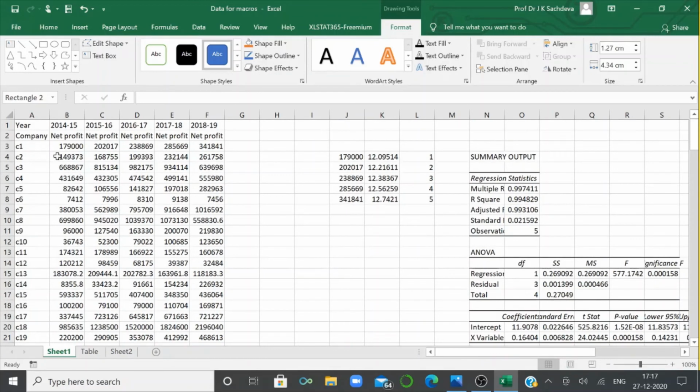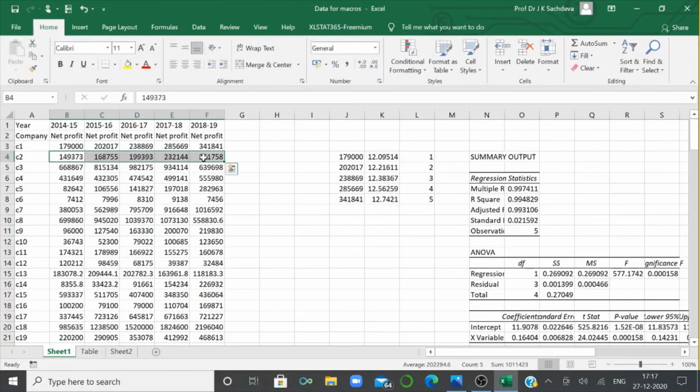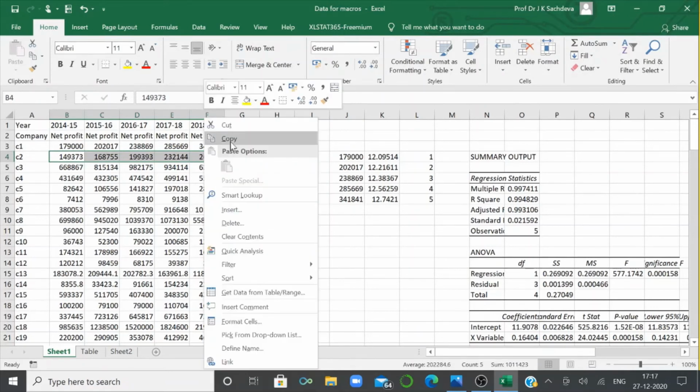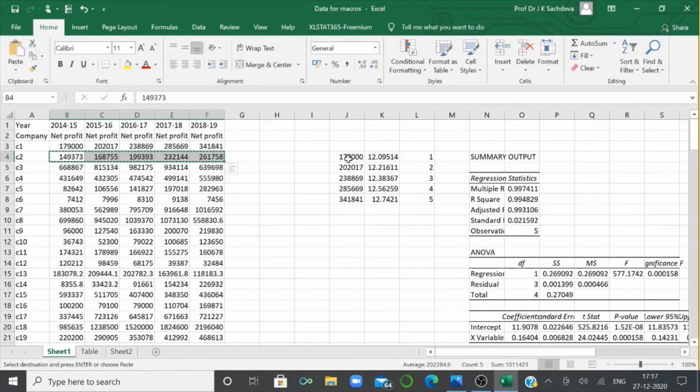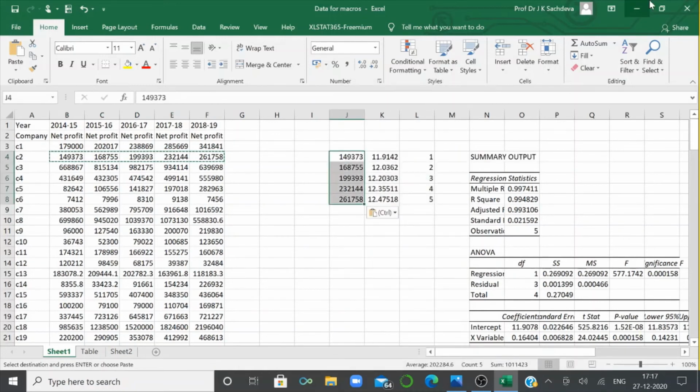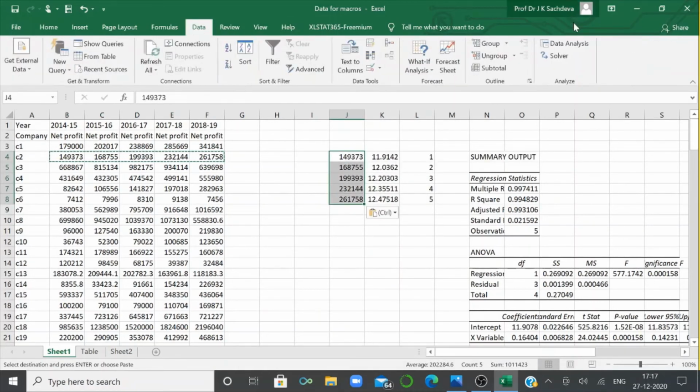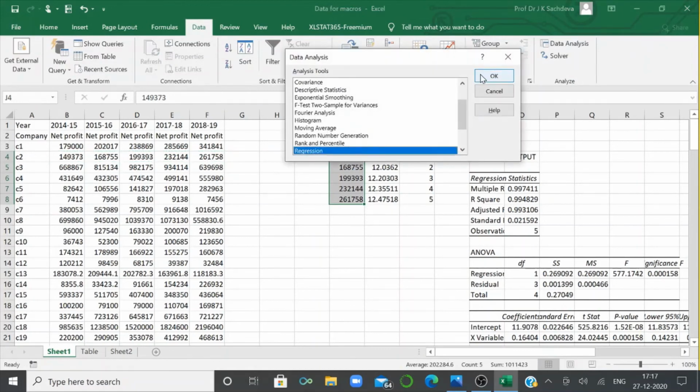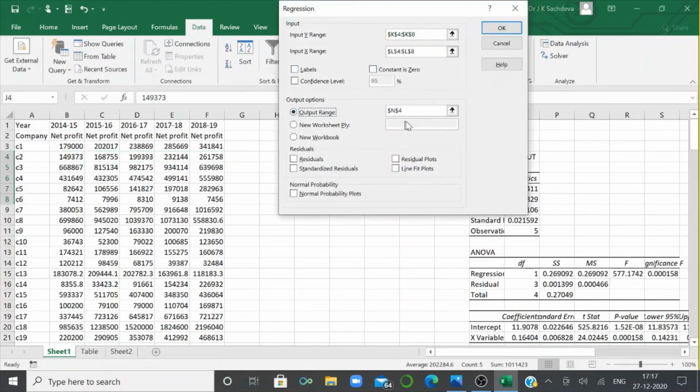We will go to the second company, copy, paste, transpose, go to data, data analysis, regression. The values are the same, it's not going to change.